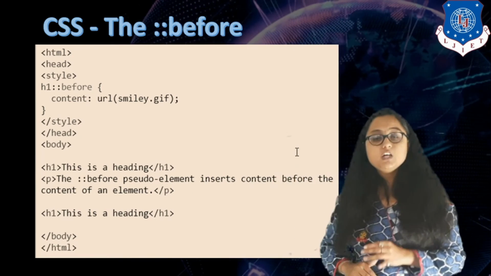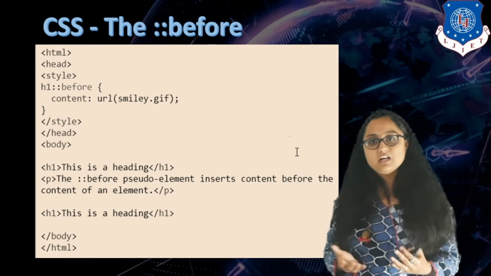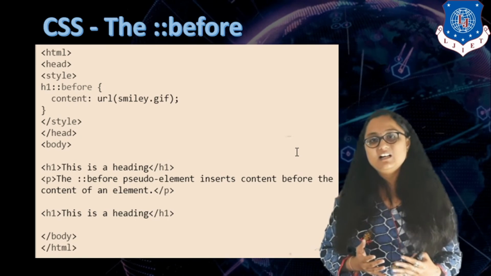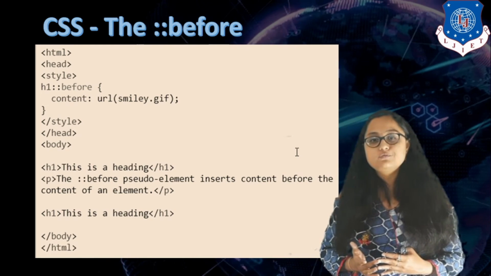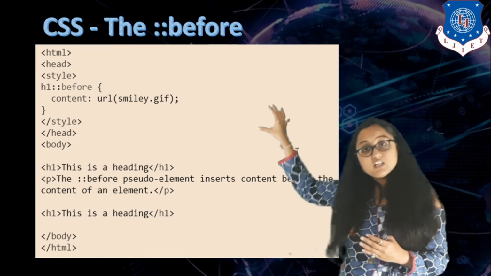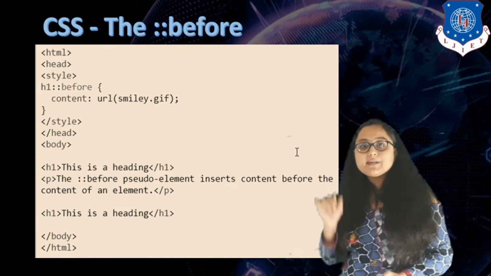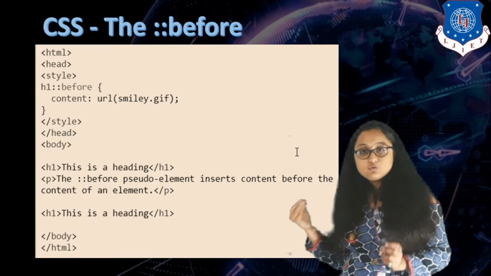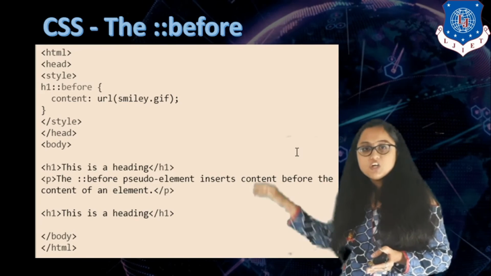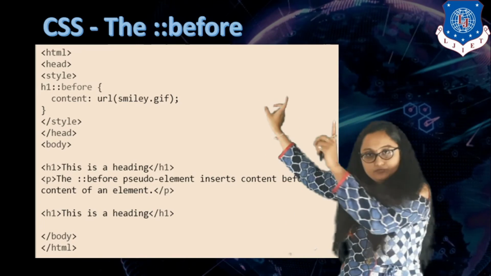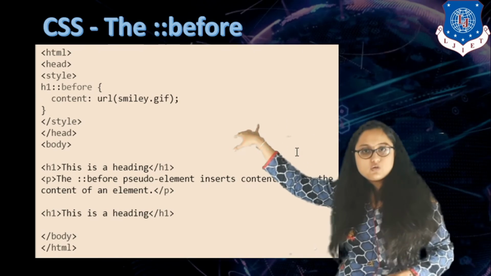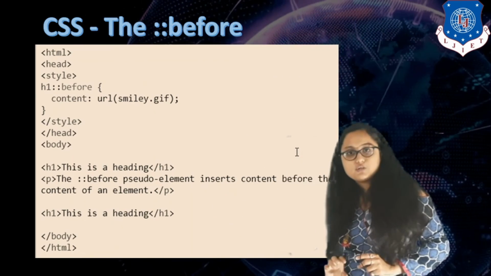That I have done. Now you may wonder, ma'am, apart from this URL, is there any other property value you can give for content? Yes, you can statically write a string. For example, if I want to write 'okay' before 'this is heading', you can write in content in single quotation 'okay', and that okay will be inserted over here.